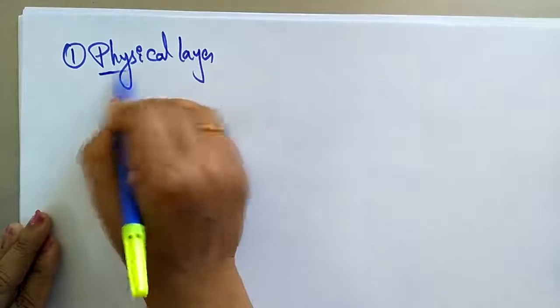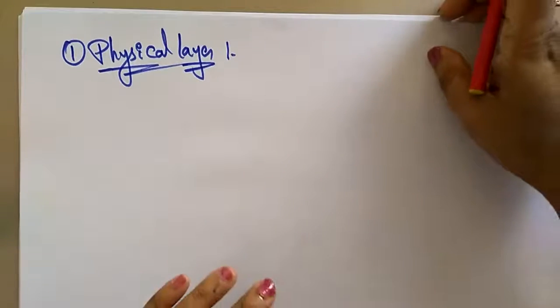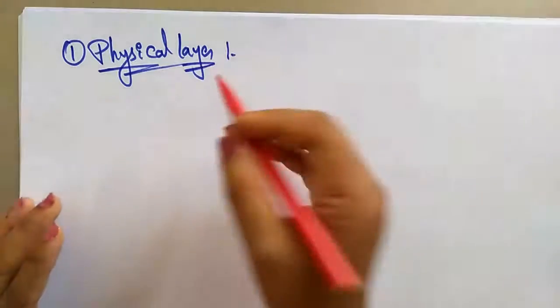You are already aware of the OSI layers, because whether you are taking a networking subject or an operating system subject, these layers play a significant role when we talk about communication. Let me recall briefly what these layers are, because I already explained the OSI layers in the networking subject, and you can go through that if you want. But in distributed systems I want to give a basic idea, because we don't need in-depth knowledge here. If you know the basic idea, you can write the exam. Now let's see the physical layer.